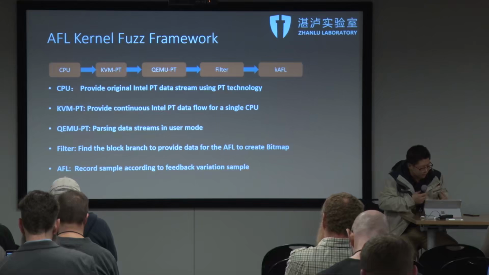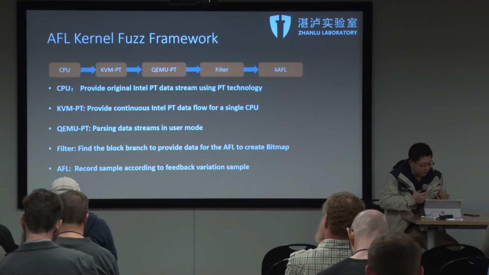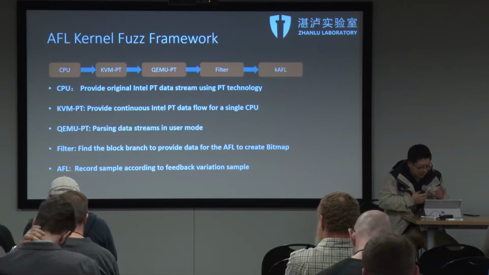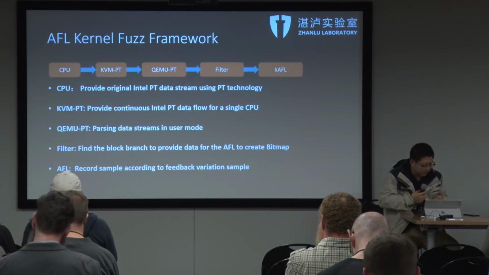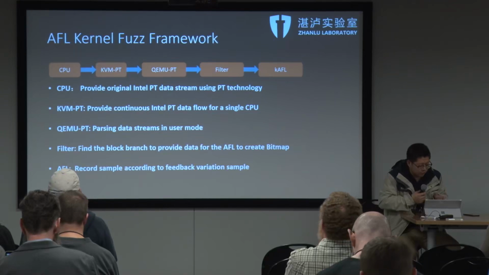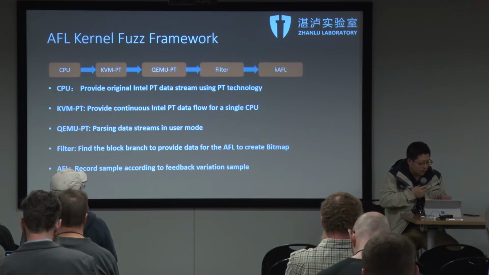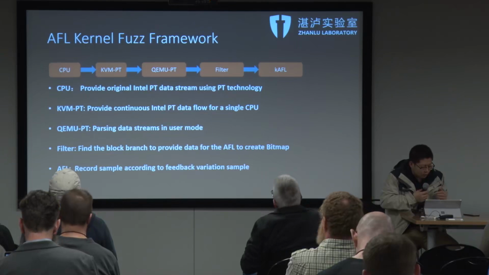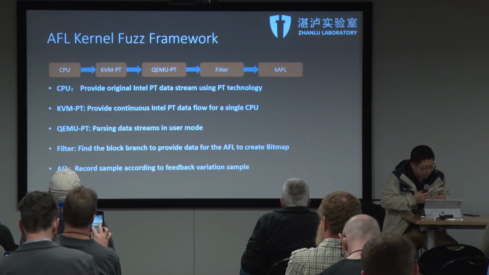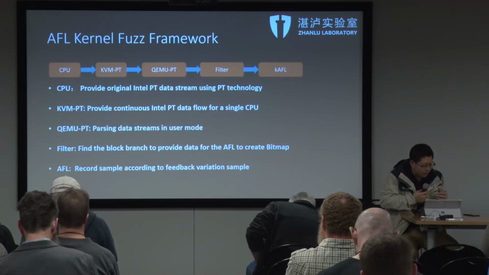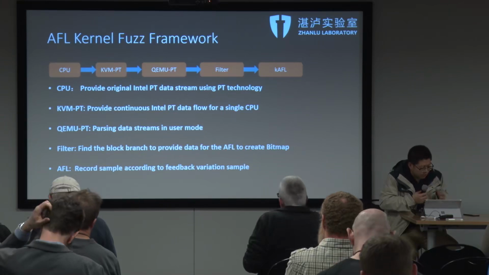This is the AFL kernel fuzz framework. We need a CPU, QEMU ptrace, and a filter, and my kernel KFL. The CPU provides the original internal Intel ptrace data stream using the ptrace technology. QEMU ptrace provides the container's internal ptrace data flow for a single CPU, and the QEMU ptrace is used for parsing data streams in the user